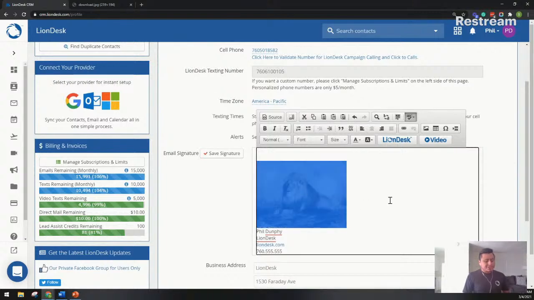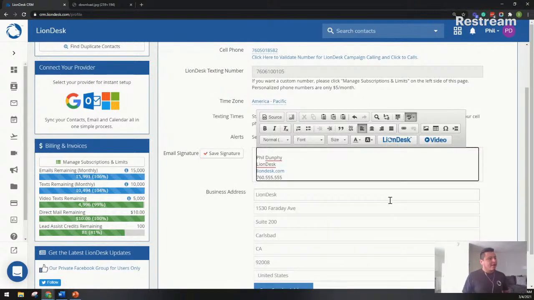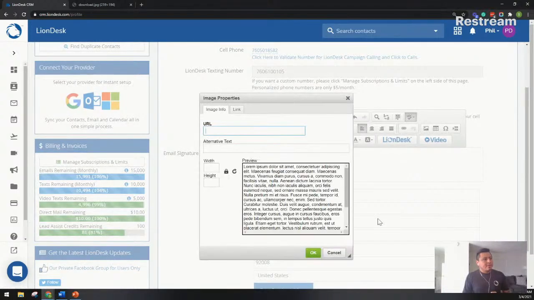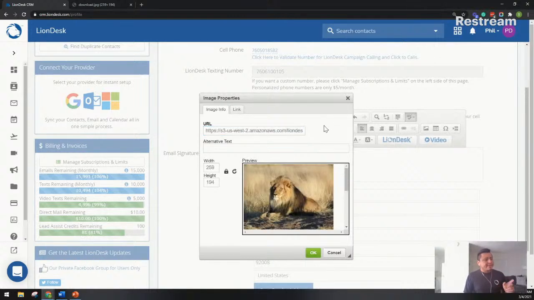Let me delete this one actually. All right, so how do I add this image? I captured the URL, I copied it. All I need to do is just paste it now. So click on the image icon and you'll see that section for the URL and I'm just going to paste, right? And give it a second or just click on the empty space and you'll see the preview of your